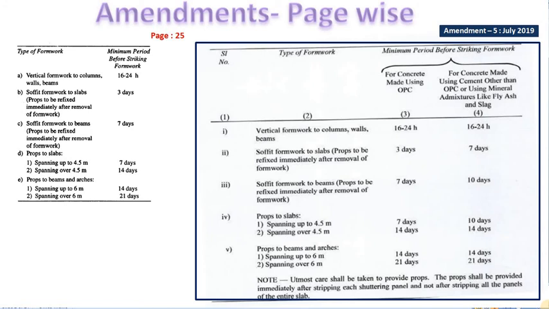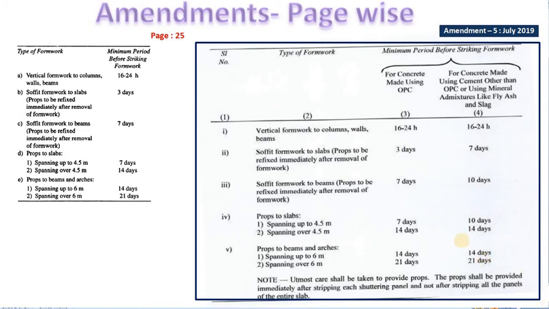Previously the minimum period before striking formwork was for OPC cement only, and an additional column was inserted for cement other than OPC or made using mineral admixtures like fly ash and slag. So here you can see the difference between these two.